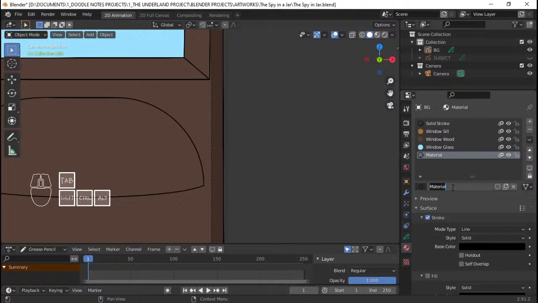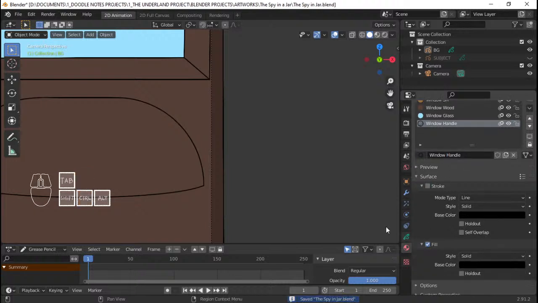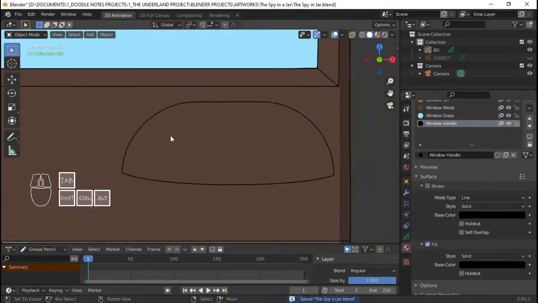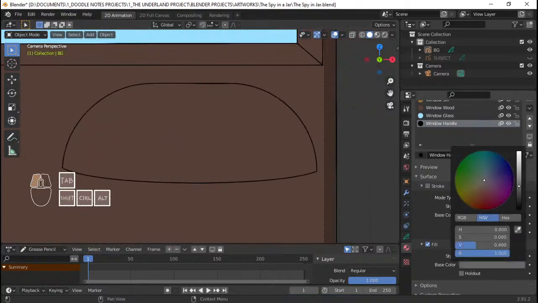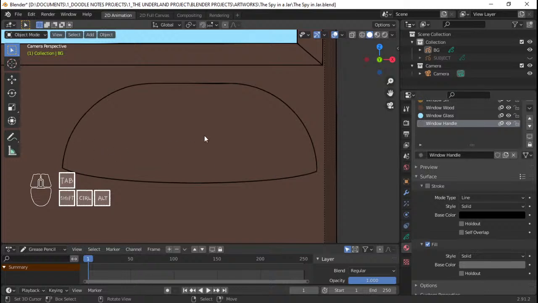So hopefully when it's done, it's one of the best things you'll see on the internet, considering that it's only one person who worked on it. But anyways, that's the Underland Project. It's a one-man project. And the aim is to make a 3D animated film that is on par with many industry standard